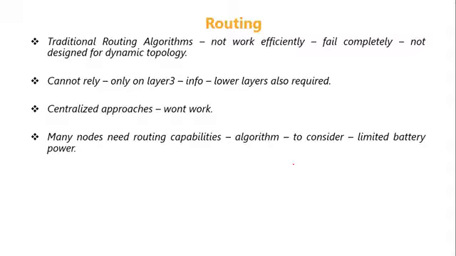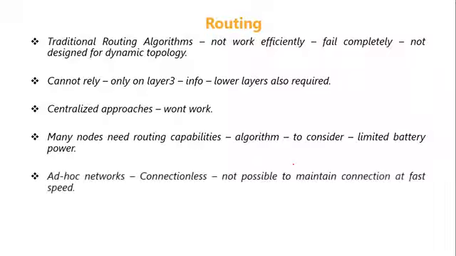And the other thing is that cellular networks work based on the connection oriented concept. That is, first a connection is established, then the communication happens, and then they disconnect. But that cannot happen with an ad hoc network. It should be connectionless, because it is not possible to maintain a connection in a fast changing environment and to forward data following these connections. So nodes have to make local decisions for forwarding and sending roughly towards the final destination.